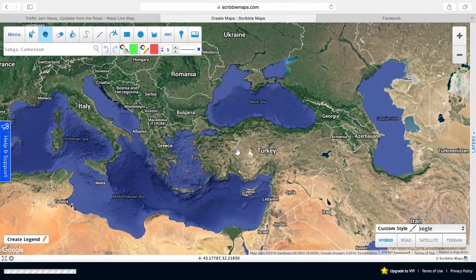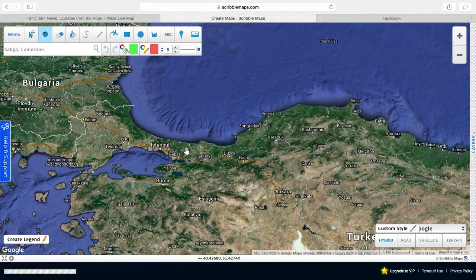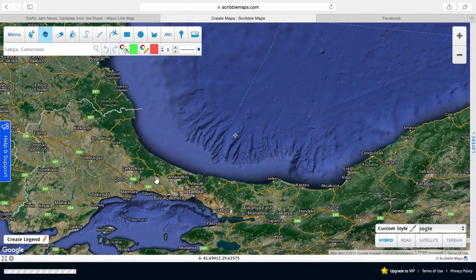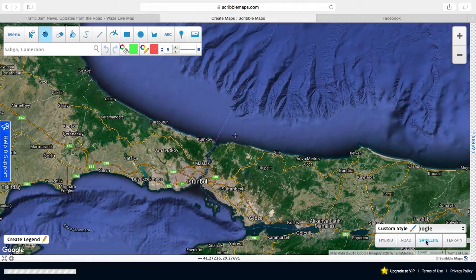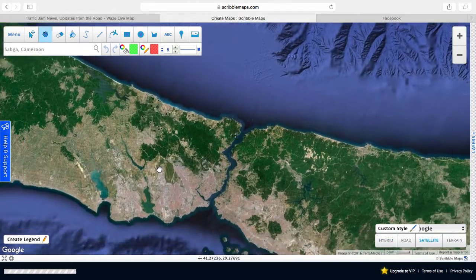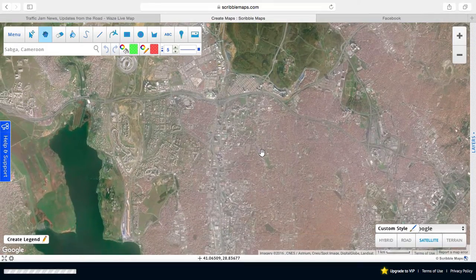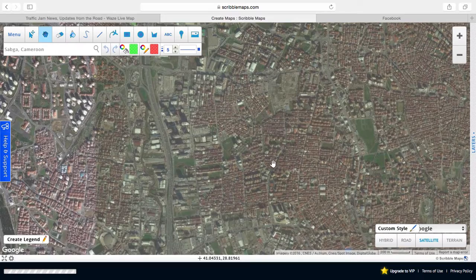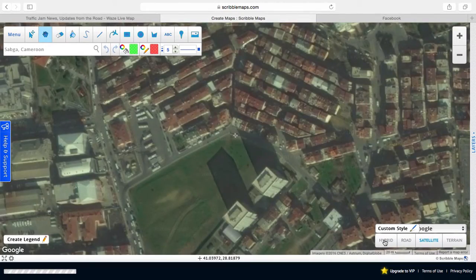the main thing we're trying to target here, for example, let's take a town like Istanbul. It's the highest touristic site in the world. Let me take a satellite view so we can see the town sketches clearly. Istanbul is quite populated. So for a start, let's check this out. This is Istanbul. If I take hybrid,